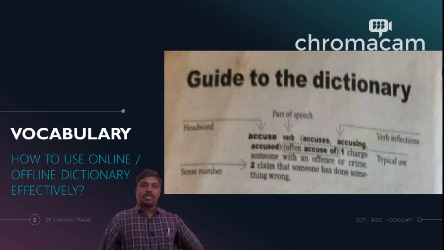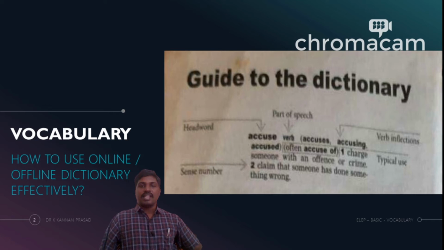A word family is, let's take a word like sing, which we saw in the first module. Sing is a base word and it has a word family. In the first module, we also saw the example of the base word cold. The base word cold extends itself into other word families like coldly, coldish, colder, and coldest. In our case, the verb accuse has word families called accuses, accusing, and accused.